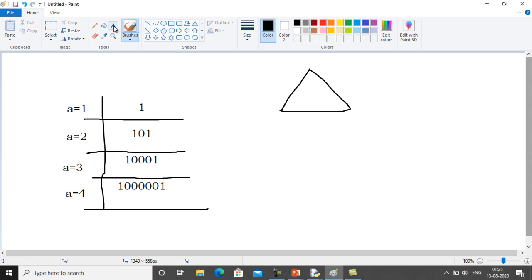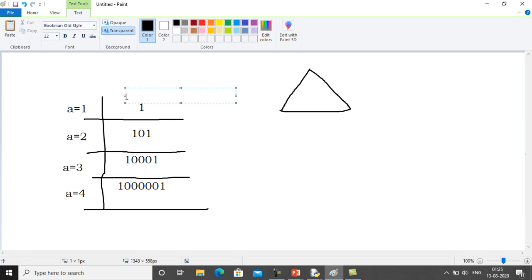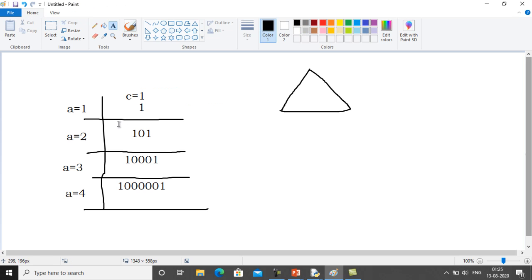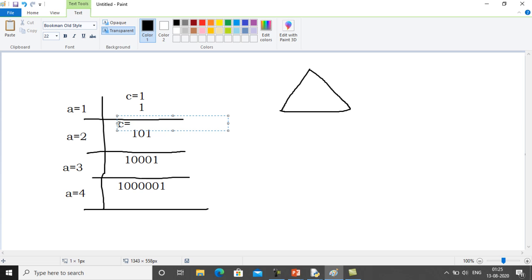Okay, so when the value of a is 1, the C loop value is 1. When the value of a is 2, in that case C will get the values 1, 2 and 3. I hope you understand. Then when the value of a is